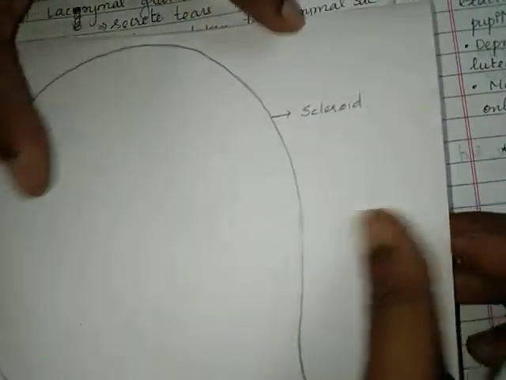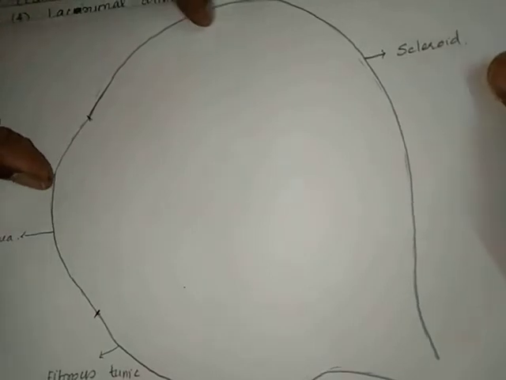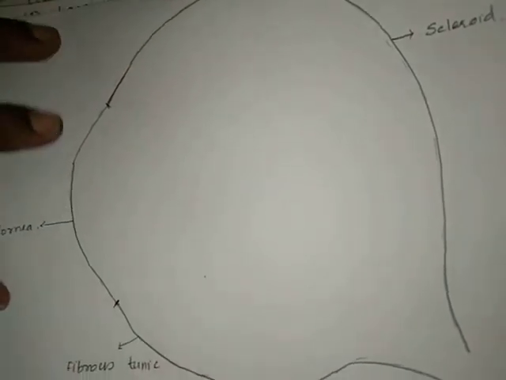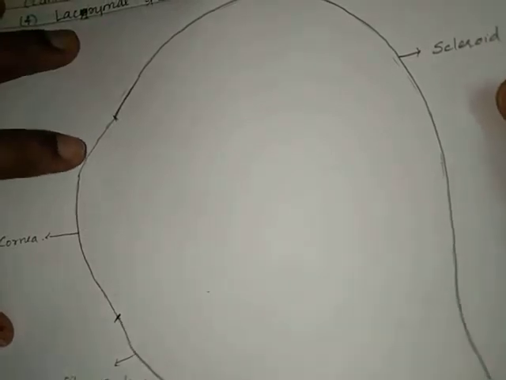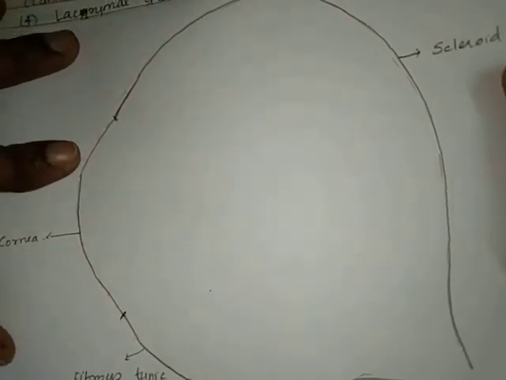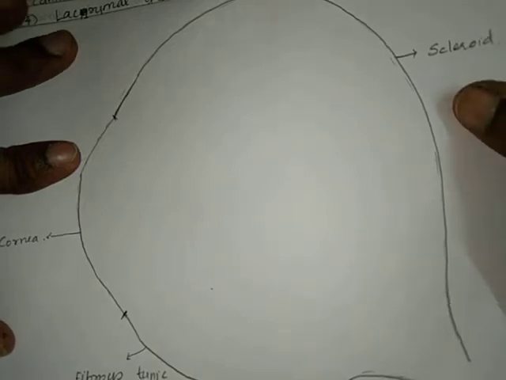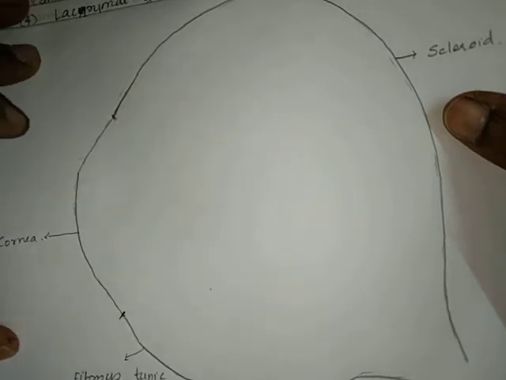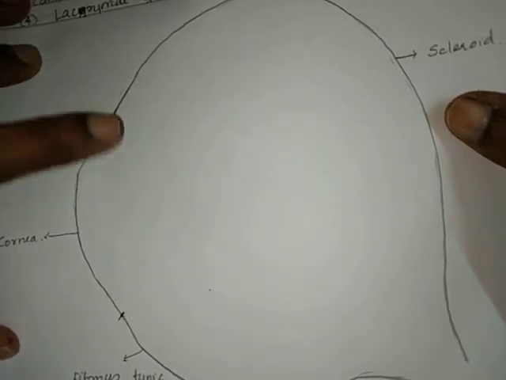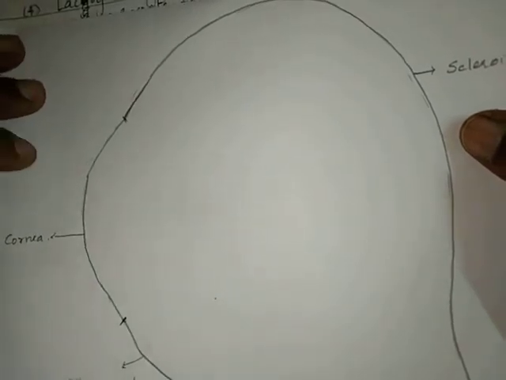Actually, what we call the eye white, that eye white part is this sclera layer. The cornea is in the center of our eye, the part we call the black part of the eye, and it is actually a transparent structure. Some people have brown or blue eyes, and that is based on the pigment present in the parts at the back of this cornea. We will see which parts have the pigments and how we get the color later.